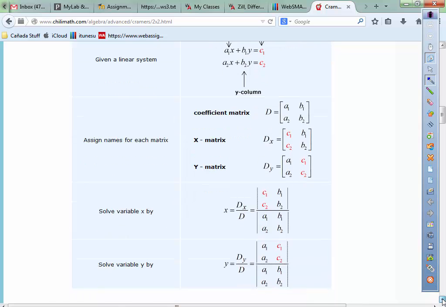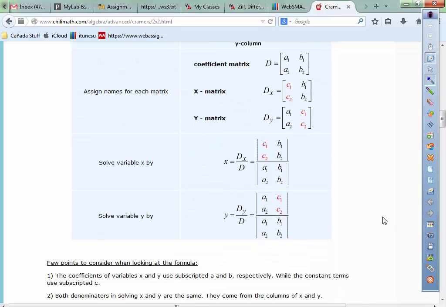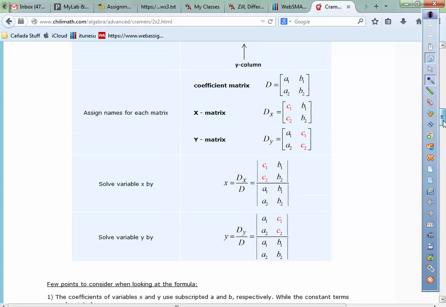And to actually find the X and the Y, it's just the determinant of the X matrix divided by the determinant of the original matrix, and the determinant of the Y matrix divided by the other one. Okay, so that's Cramer's rule. So according to Cramer's rule,